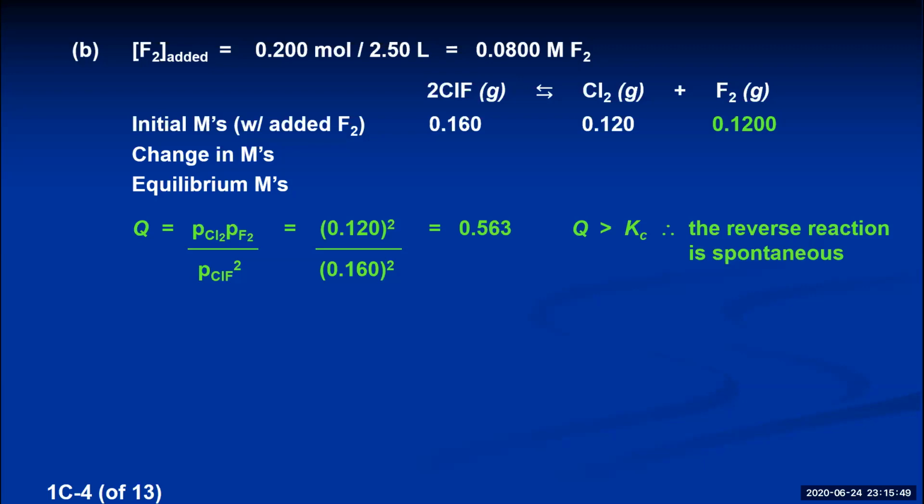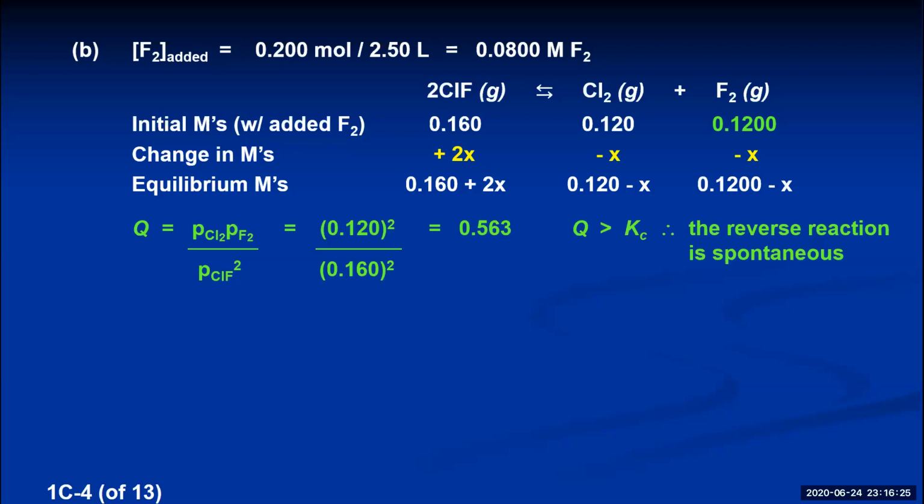0.563. This Q value is bigger than the equilibrium constant that we calculated in part A, so that means Q has to get smaller in order to reach equilibrium, and in order to get smaller, the denominator has to get bigger, so you have to produce more reactants, so the reverse reaction is spontaneous. If you're producing more reactants, you will increase the amount of ClF, and you'll decrease the amount of both chlorine and fluorine, each by a factor of x multiplied by the coefficient in the balanced equation. Adding the columns will give us the equilibrium molarities of all three substances, 0.160 plus 2x, 0.120 minus x, and